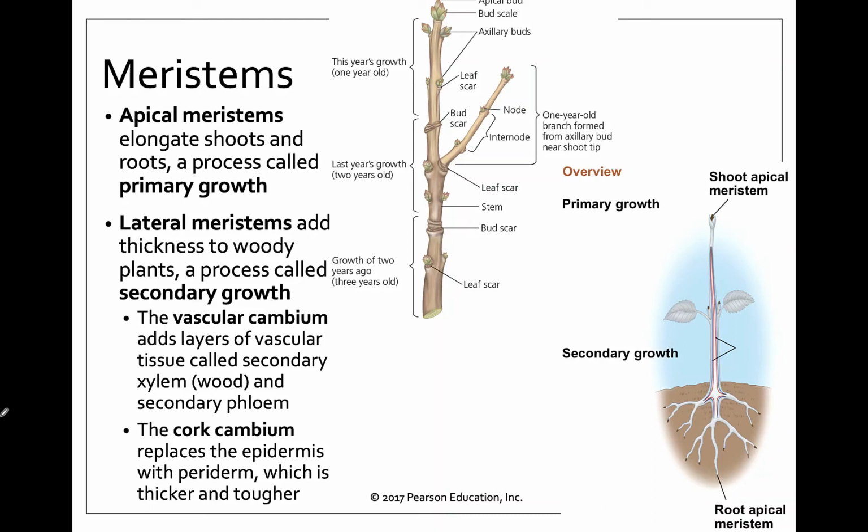A meristem is where a plant is able to grow. Now, unlike you and me, plants can continue to grow their entire life because they have meristems that have undifferentiated tissues. So, this is kind of like a stem cell. So, it's a tissue that hasn't decided to become a dermal tissue or a vascular tissue or a ground tissue